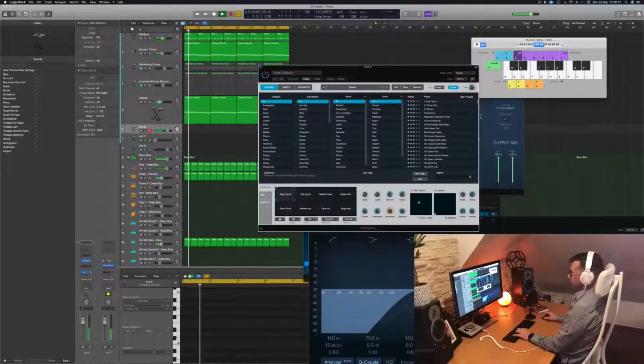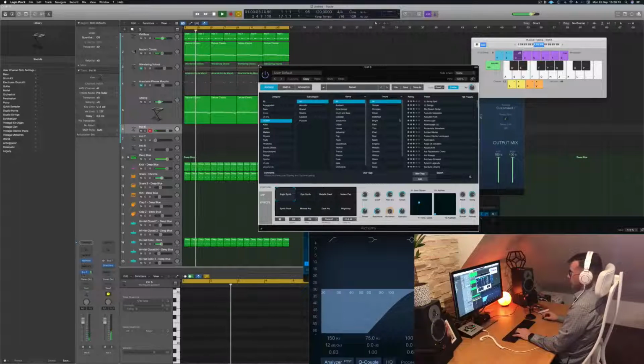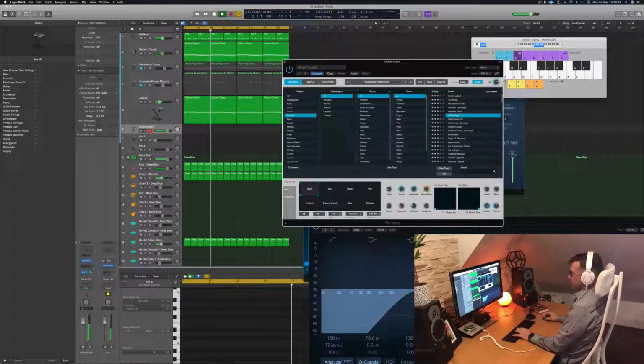Play and record some kind of a lead. Guitars here that